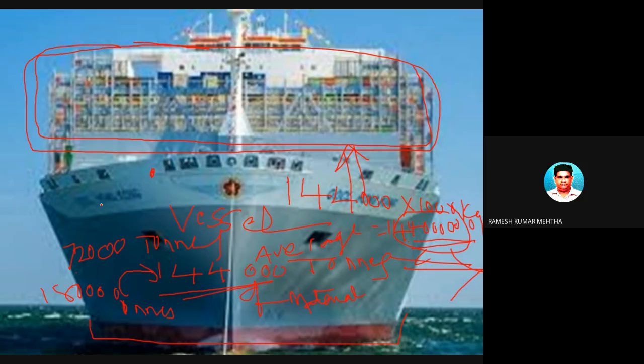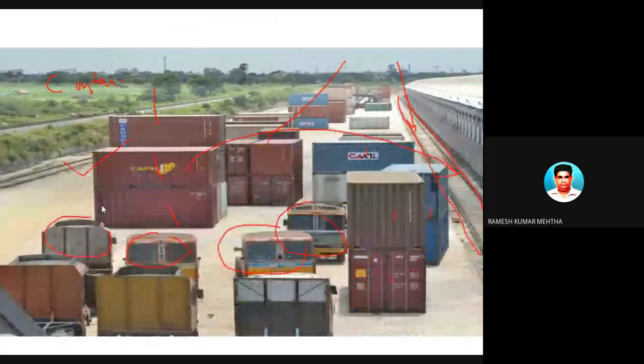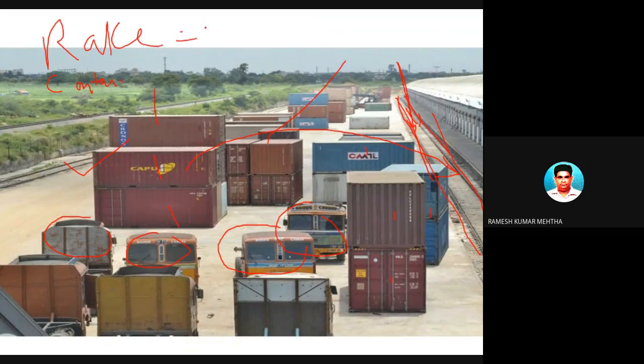As I told you in the previous slide, this is the rail line. So this rail rake will come. This rake consisting of 52 wagons or 55 wagons will come, and all these containers will be placed on the wagons, and the journey will take place.